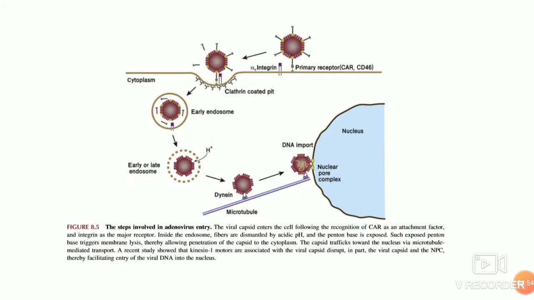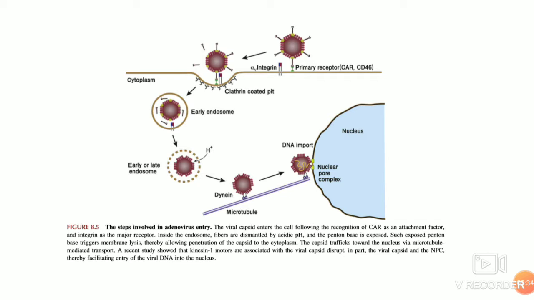Coming to the life cycle, the cells infected by this virus are the epithelial cells of the upper respiratory tract in humans, causing respiratory infection. The particle size is 90 to 100 nanometers. It has two phases, the early phase and the late phase. The early phase is where the required proteins are produced, and the late phase is where genome replication occurs.